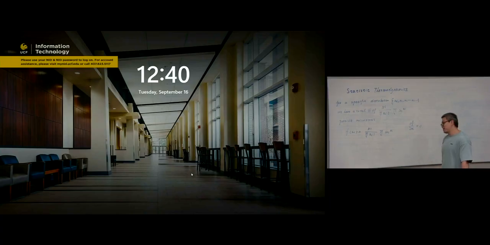Or a minimum number. But we know the minimum number is 0, so we don't care. We just want to find the largest number. So the next job for us is to find which value of Ni gives us a zero first order derivative. Correct, everybody? So this is our job.